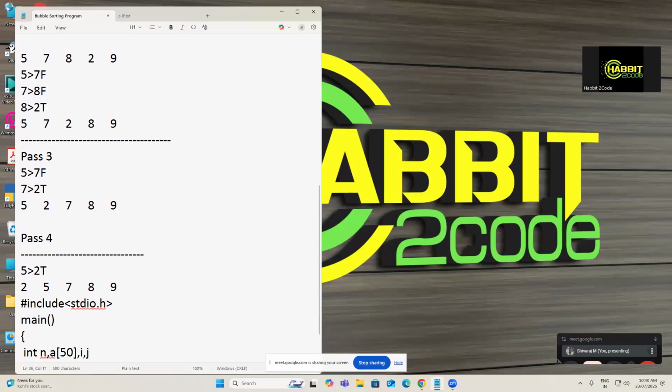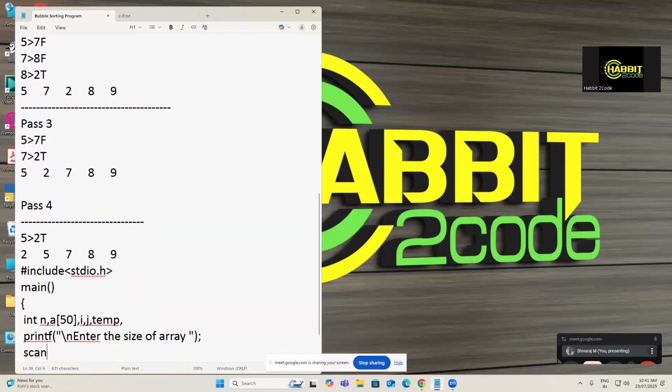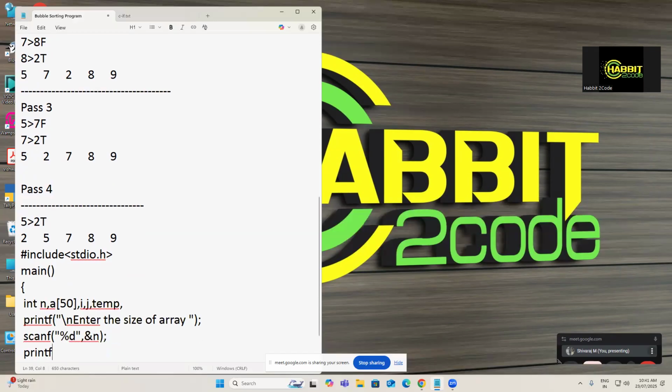So now here main will have int n, one array, and then i, right? One more j is required. Temp is required because swapping is there. We'll say printf, enter the size of array, scanf percentage d, and n. Now printf,